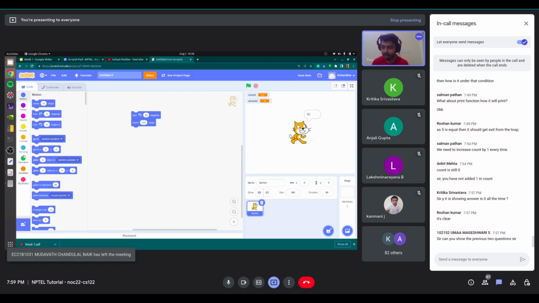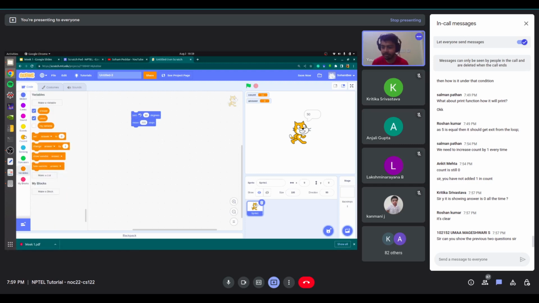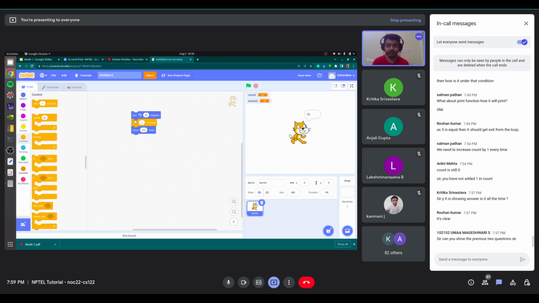Let's add some waits in between so that you can actually see, otherwise it will do it very fast. If you run this, you'll see it turns, it waits for a second, and it goes up. Let's make it 100 because it's going outside. Okay, so it just moved there.